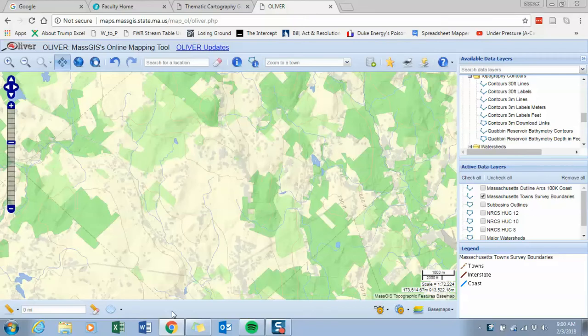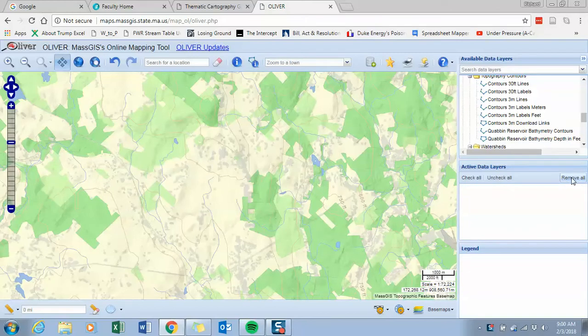Okay, we are beginning a short demonstration of the Oliver Massachusetts GIS online mapping tool. And I use Oliver because it allows me to accomplish a whole bunch of different things all at once in a single GIS. And first of all, what I'm going to do is orient you to this particular GIS, and then for this water resources or geography of water class, what we're actually going to do is